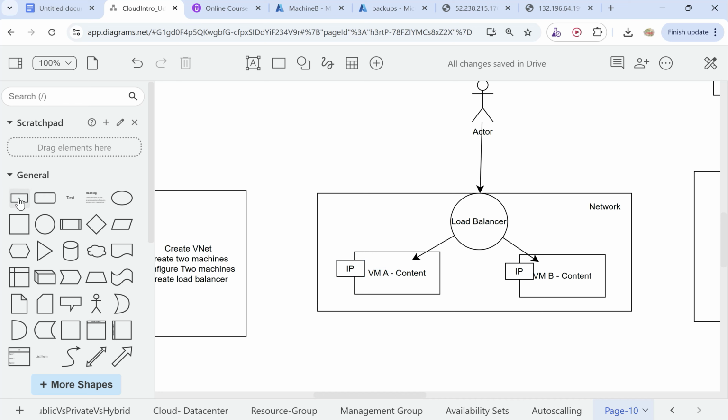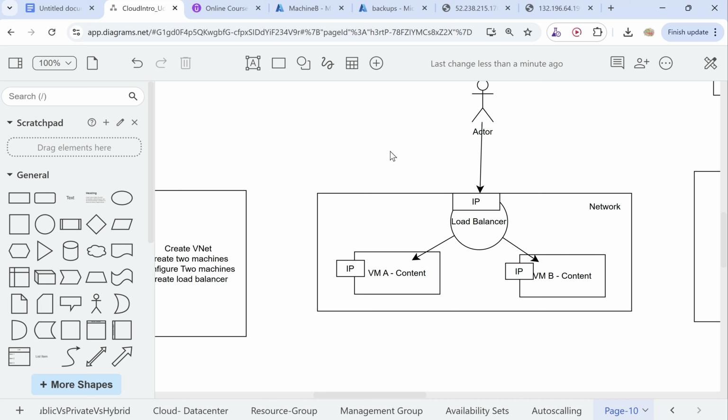The load balancer will have its own IP. The user will hit the IP of this load balancer, and will not know the IPs of machine A or machine B, because these machines are running behind the load balancer. So the IP exposed to the end user will be of the load balancer,